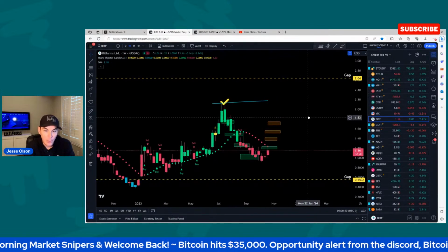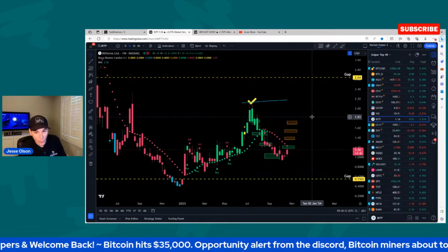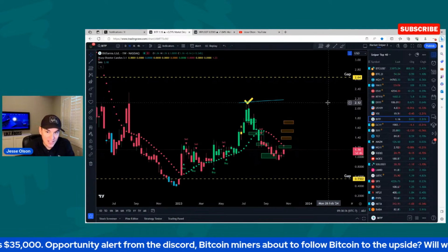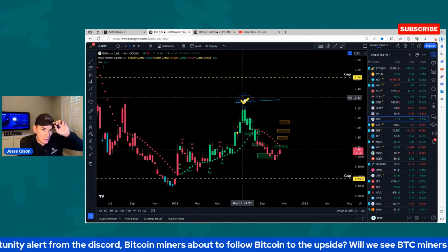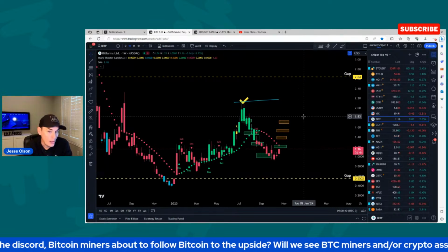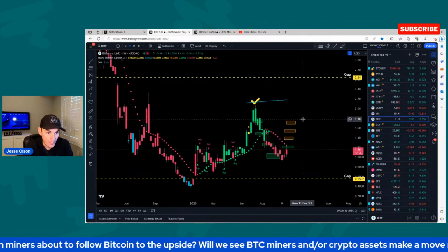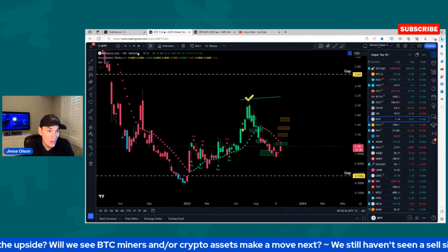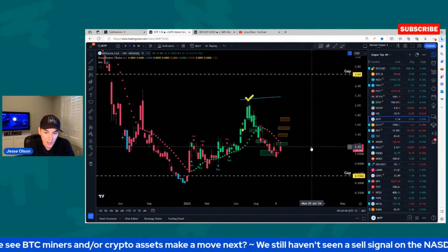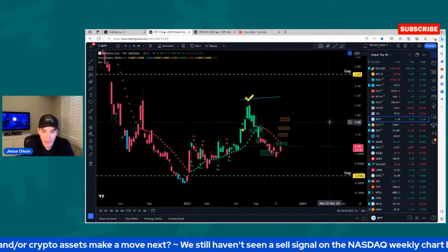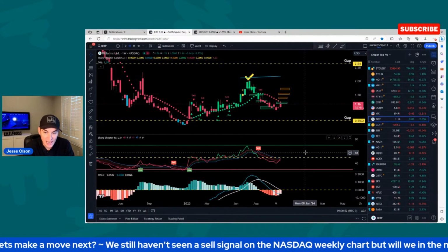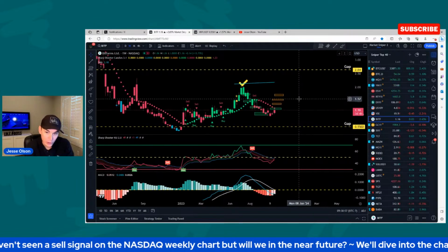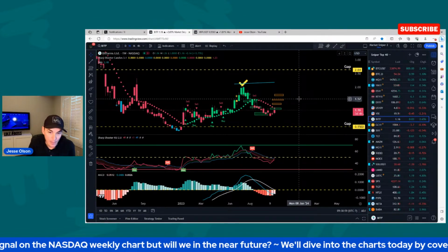So a couple things to pay attention to and be aware of: it's possible these gaps get filled sooner or later. It's not like a massive 20% gap, but they're on the chart for a reason. Usually the gaps get filled, we just don't know when. But looking at the daily chart, it's possible that we could see the weekly chart kind of flip around. It may take a week or two to flip around and become bullish.